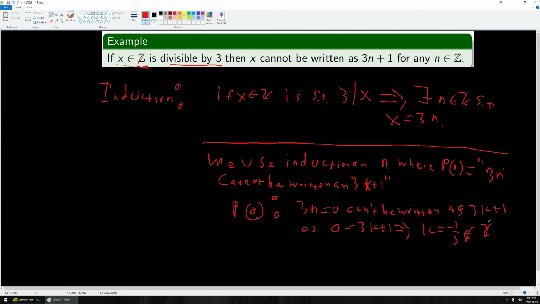So since that's not in the integers, I have a proof by contradiction here that I've kind of done at this point, where this thing can't be written of that form to prove the p sub 0. Okay, and then I'd basically do the p sub k, where k is greater than or equal to 0. And again, I'm just being sloppy here because I'm doing kind of scratch work, because this isn't the ideal method here. But in this case, you would say, hey, if I have something that's